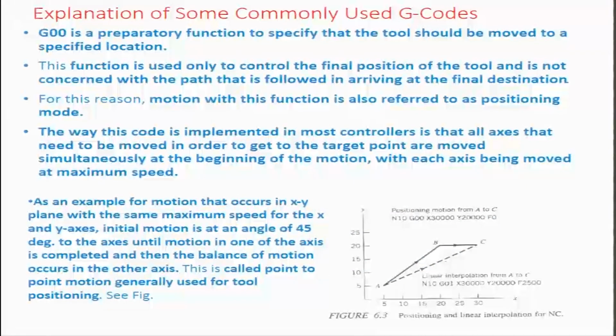Now, if we look at the differences, there are very subtle differences between the preparatory functions. For example, if we look at the case of G00 as opposed to G01, one being the rapid positioning, another being the linear positioning, the utility here is quite different, because the rapid positioning comes into picture when there is no tool engagement with the workpiece. Typically, when you are trying to take something back to the origin or taking back the tool to the point of engagement where machining motion would start, you can rapidly do that because the tool doesn't scratch the particular workpiece surface. But once it is engaged and once the machining operation starts, there has to be a well-defined feed rate